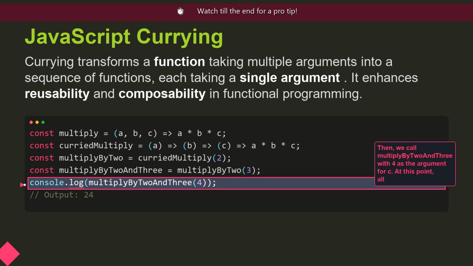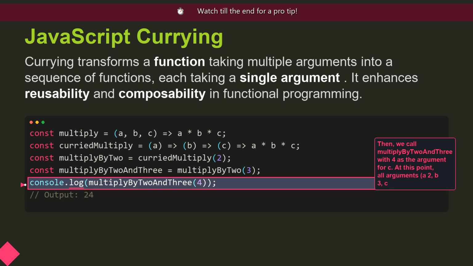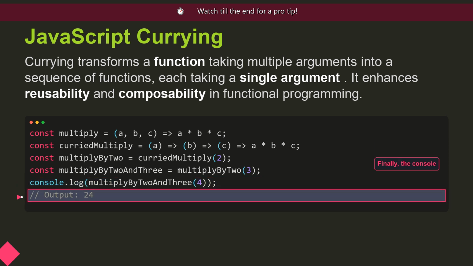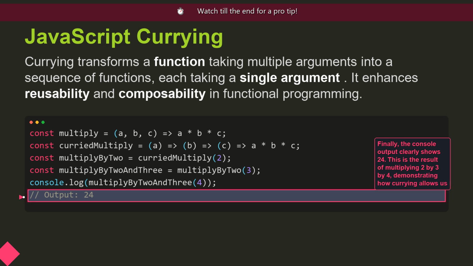At this point, all arguments, a is 2, b is 3, c is 4, have been provided, and the innermost function executes, calculating 2 * 3 * 4. Finally, the console output clearly shows 24. This is the result of multiplying 2 by 3 by 4, demonstrating how currying allows us to incrementally provide arguments